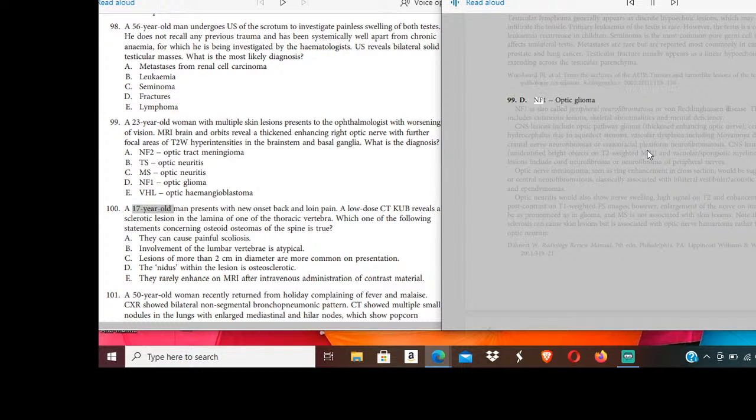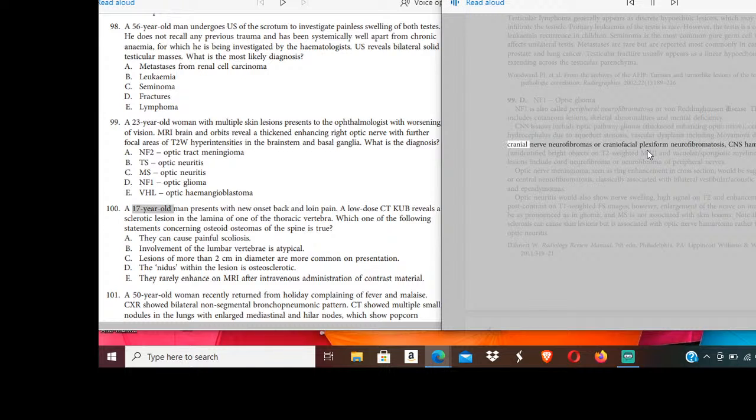99. D. NF1 optic glioma. NF1 is also called peripheral neurofibromatosis, or von Recklinghausen disease. The classic triad includes cutaneous lesions, skeletal abnormalities, and mental deficiency. CNS lesions include optic pathway glioma, thickened enhancing optic nerve, cerebral gliomas, hydrocephalus due to aqueduct stenosis, vascular dysplasia including